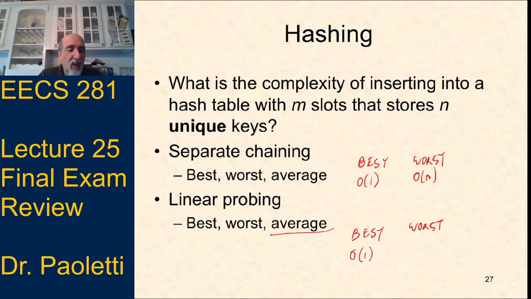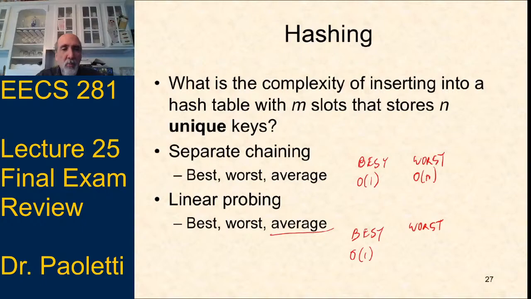Because they're all just these keys, I've got either a bad hash function or keys that just happen to all hash to the same place. I've got the worst possible situation. Everybody goes to index 2, and I get a big chain there. When I'm trying to keep them unique, I've got to look at all of them to say, hey, I can't put 5 in here if there's already a 5 in this linked list. I have to look through the whole linked list.